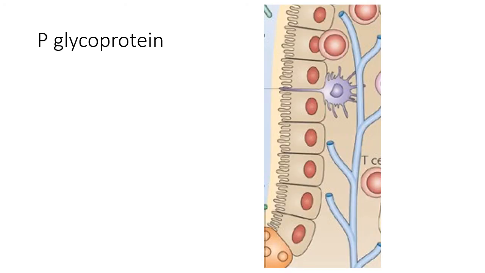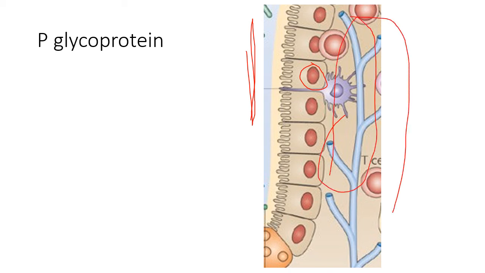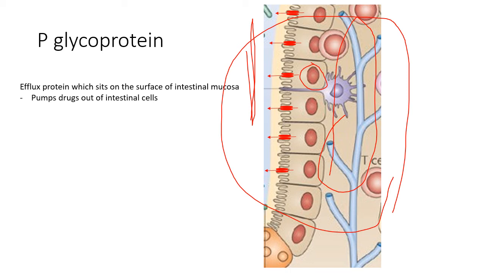One of the things we alluded to in the last slide was about drugs being pumped out of intestinal cells, and that's done through an enzyme called P-glycoprotein. So if you imagine here that we have intestinal cells, we have the intestinal lumen out here, and blood vessels here. And this is, for example, a villus all the way around there. Then P-glycoprotein is an efflux pump that sits here on the surface of cells and pumps drugs which sit inside the cell